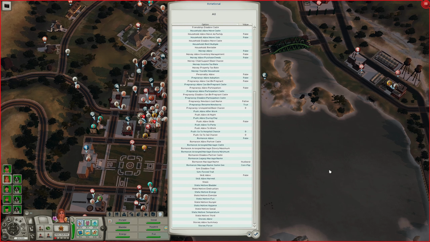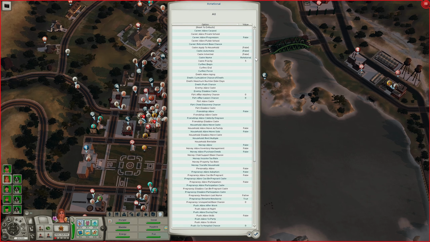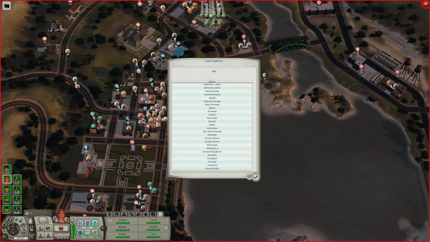So that's the only things that I have turned off for my cast systems. You can do anything in these settings. You can do it in your own style. You can have it where your sons can die, or you can have it where your sons can progress in jobs, or you can have your sons be pregnant while you play different families and stuff like that, basically. So I have that set up as rotational, but if you want to add a new